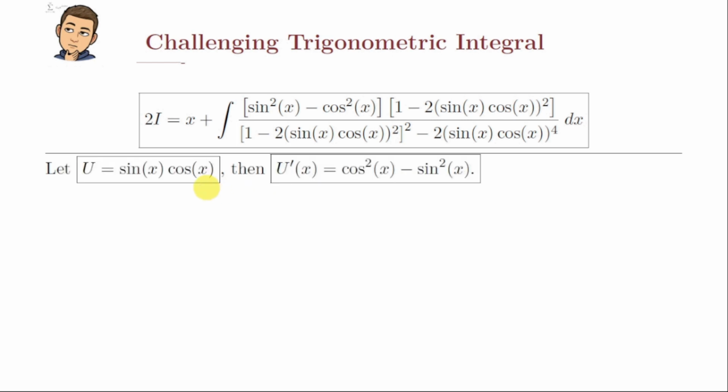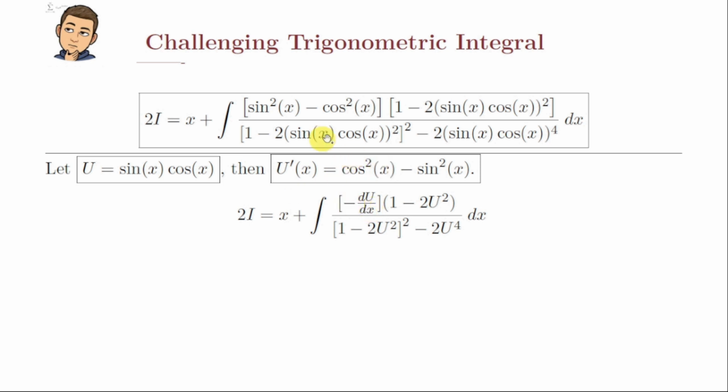By using this, the derivative is the difference of cosine squared minus sine squared, and in the numerator this is actually the minus of u prime. So by the substitution, we get that 2I is equal to x plus the integral of minus du over dx, because